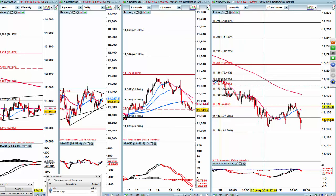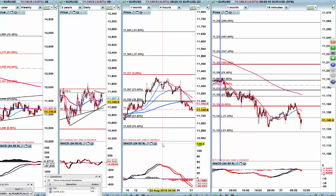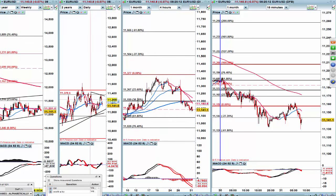But a pullback into anything between 160 and 170 will be a nice place to get short on that one. A little bit of a tough play yesterday. But looking for a short one on that one. Okay, let's just flick to